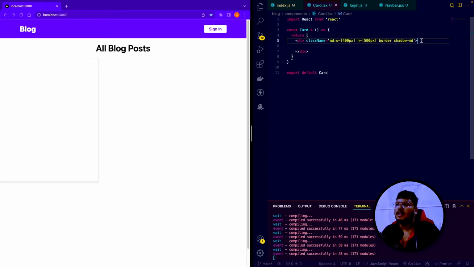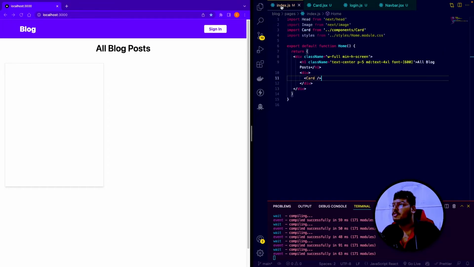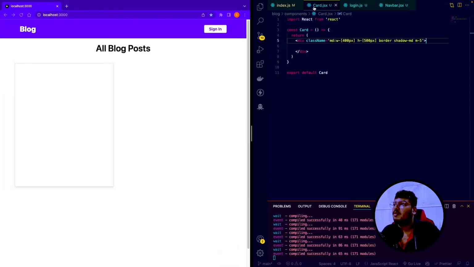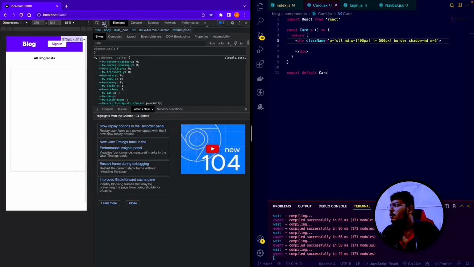Okay, now so it is done, and one thing we can do is I need some margin, so right here m-5, so it's going to look like this, right? Now go to the index.js part, and to this div I'm going to give it a class name of px-10 on md. Save this much of thing, right? And go to the card part, and I can just give it a w-full, right? So let's see if I'm writing inspect. Click on this inspect, click on this, and